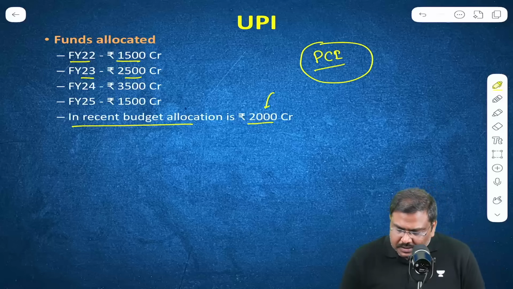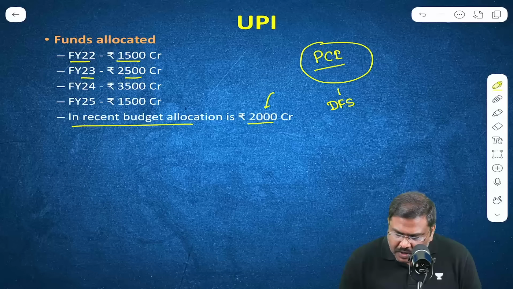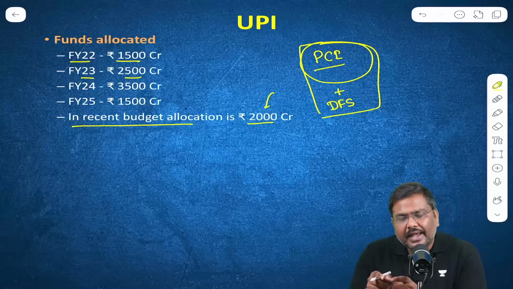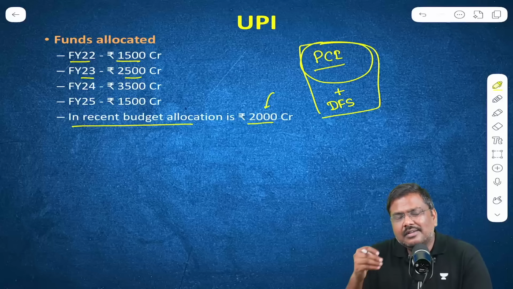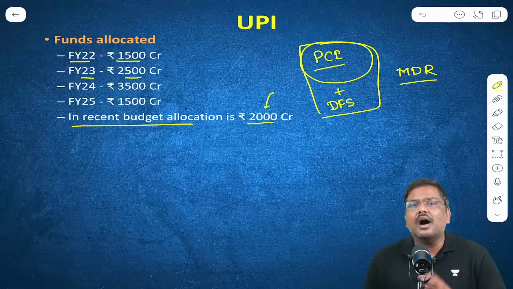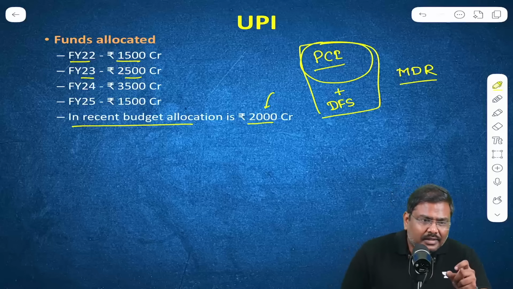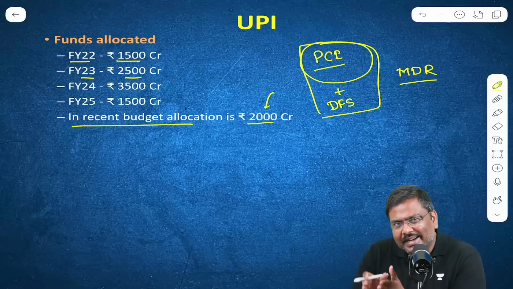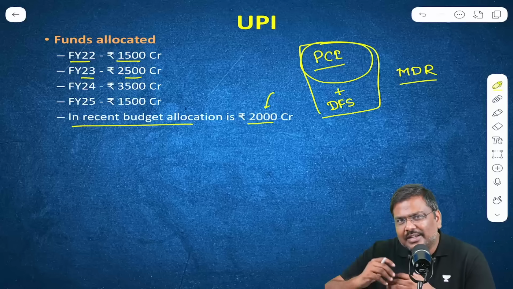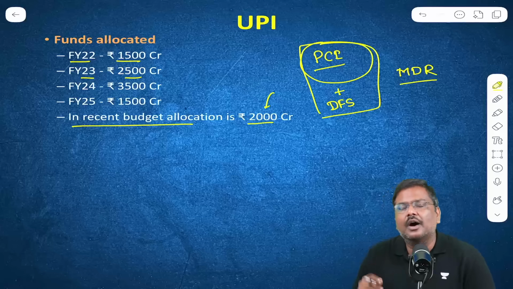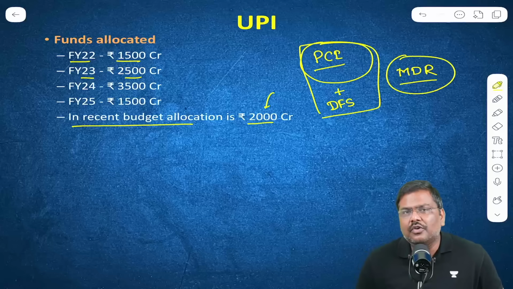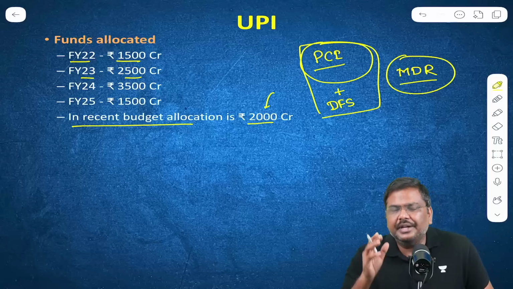That is the reason the Department of Financial Services, along with the Payments Council of India, have been demanding that there should be, one way or the other, reintroduction of the merchant discount rate, MDR. In fact, earlier this year itself, a parliamentary standing committee report also recommended that the time to provide UPI free of cost is gone now. There should be, one way or the other, introduction of certain charges in the form of merchant discount rate.